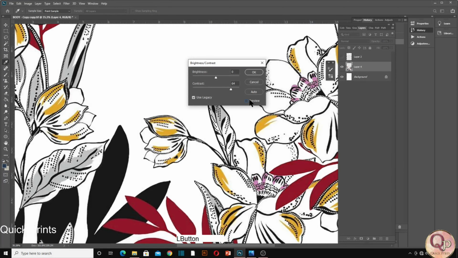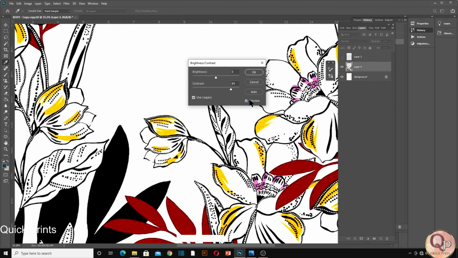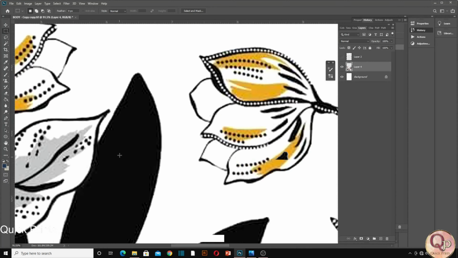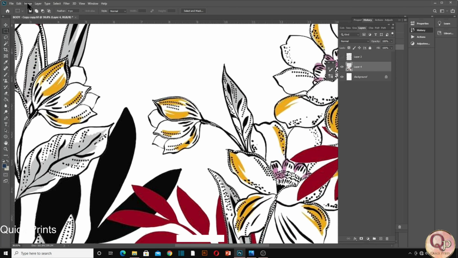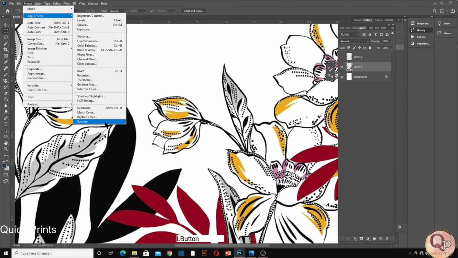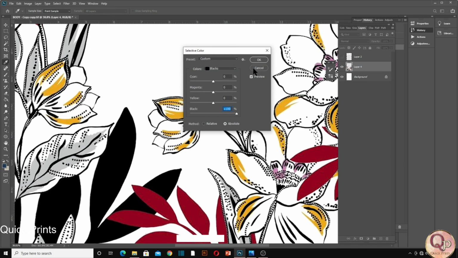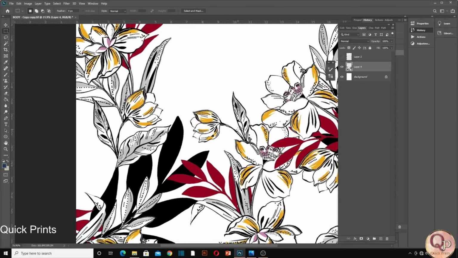See, now you can see the difference. Black is good, but the gray is going, the yellow is getting too bright, so we need to go back slightly. Yes, now let's see. Yeah, it's fine. And again I feel that black should be blacker, so for that I'm using another technique, which is selective color. I'm picking up the black and making it dark, right? So now the black is more black and red is more red and yellow is yellow.